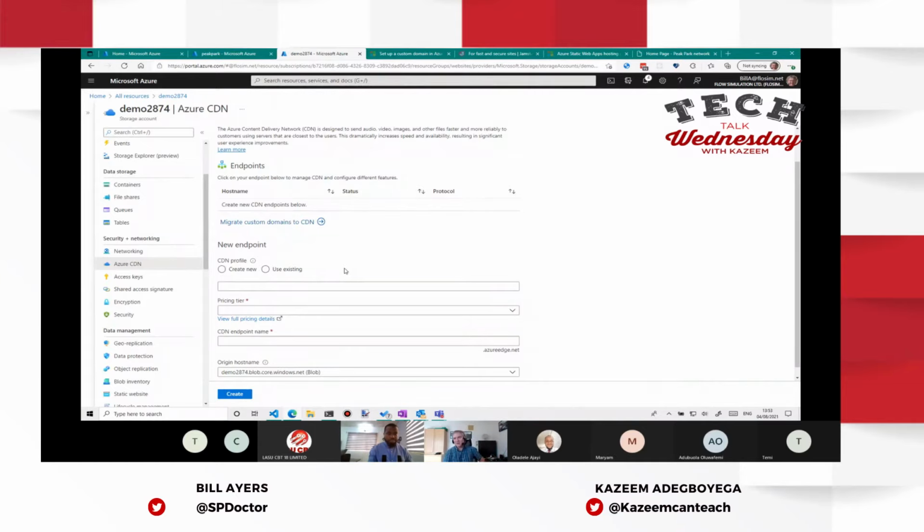And then for SSL, that's a feature of Azure CDN as well. So it'll do the mapping to take care of the SSL for you. So you can set it up this way, but a much easier way actually is to go, instead of setting up,